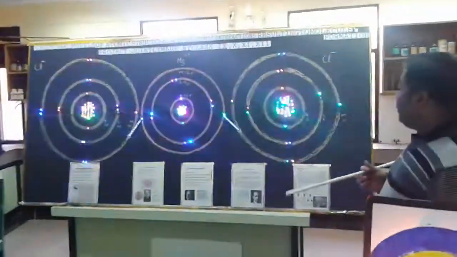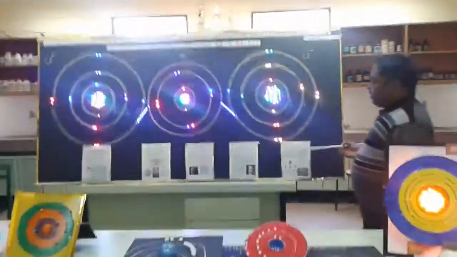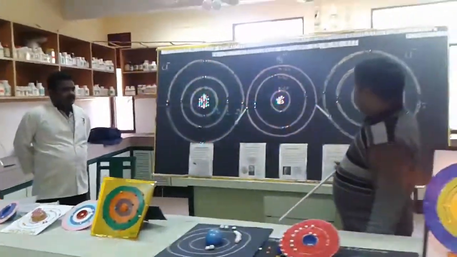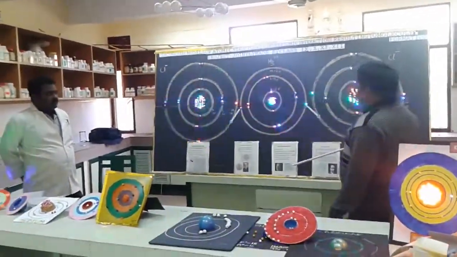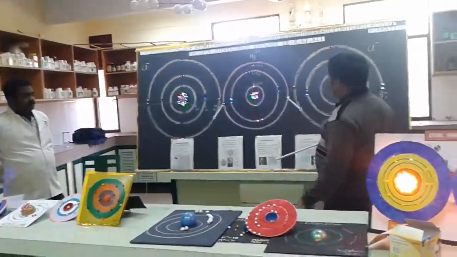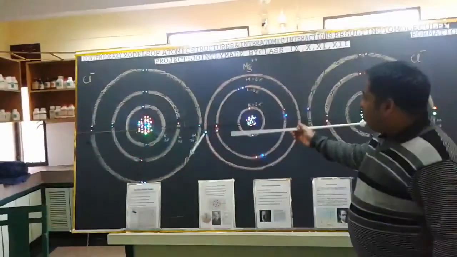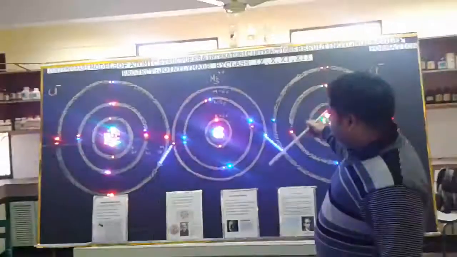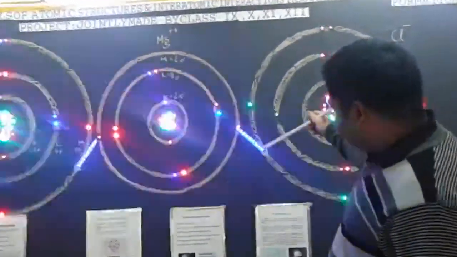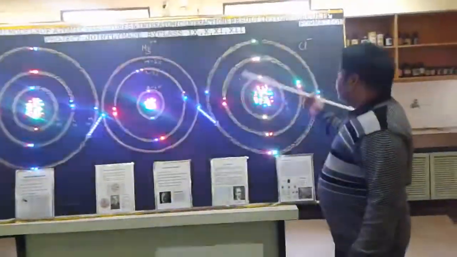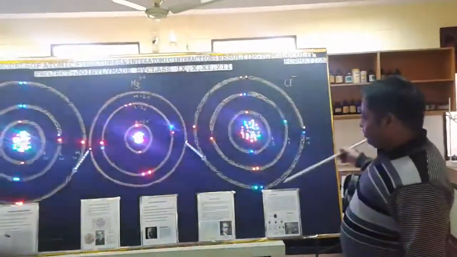students of class 9th, 10th, 11th and 12th, and of course our laboratory technician Mr. Dharmender, who has helped me to make the electronic circuits, which was very difficult, and we are going to program it even further. Here, it was a model of sodium chloride. I have tried to make a model of magnesium chloride, wherein you will find that the center of this molecule is a magnesium atom trying to become a magnesium ion by giving one electron from its outermost orbit to the chlorine atom. As a result, chlorine is becoming chloride ion.